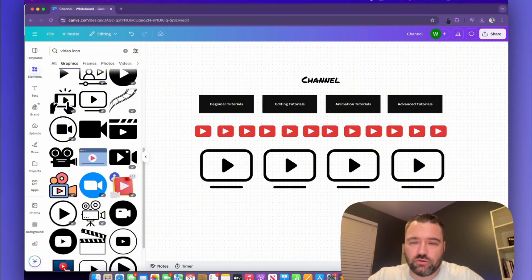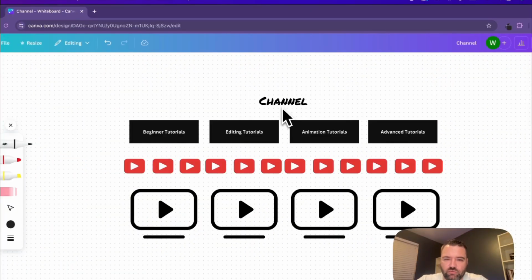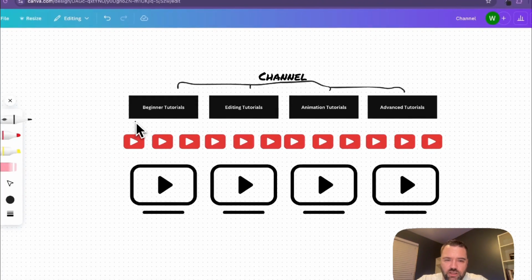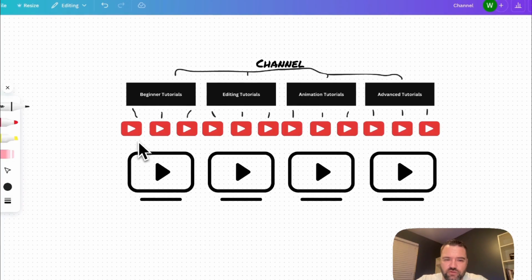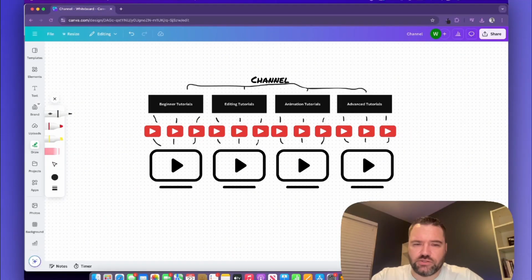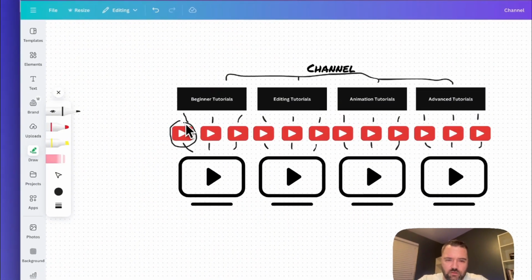This is where we want people to go. So what this looks like is we have our channel up here, we have our pillars, and under each one of those pillars we have content videos, and each of those videos are feeding people into this in-depth pillar content. So think about it like this. In this particular pillar, we might have something like learn the basics of CapCut in 5 minutes, right? And that's a video up here.